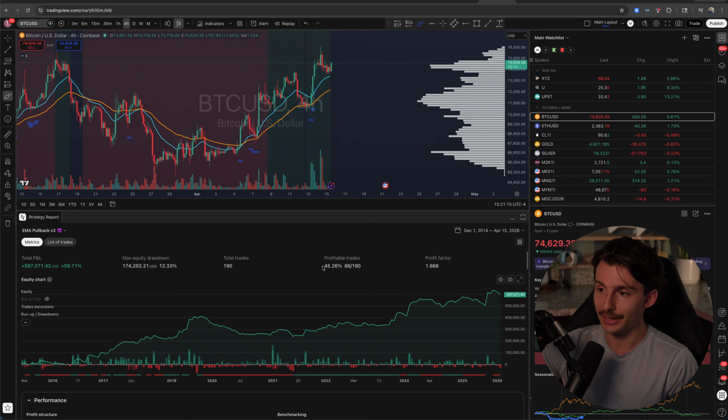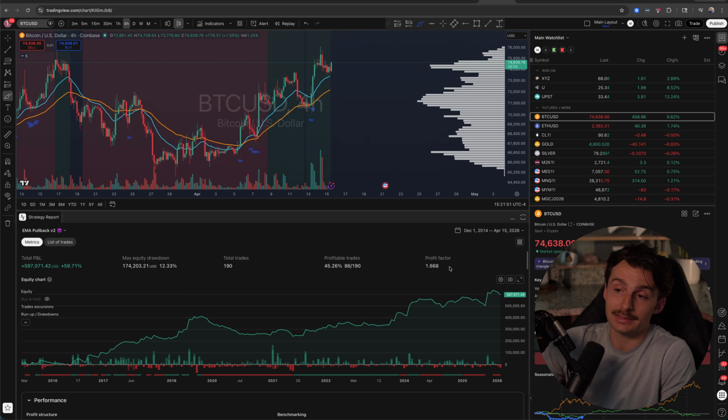Now the profitable trades did improve by a couple percent. The profit factor, I think, bumped up by a few, and the total trades got dramatically lowered and the drawdown also went down. So while the strategy returns less, in this case, the drawdown came down, so it has less volatility, fewer trades, more profitable trades, and a better profit factor. So kind of like a better bang for your buck per trade. But if you're automating your trades, then that doesn't really matter because you don't have to be there anyway. And so you want something that's going to make you the most money in the shortest amount of time, ideally.